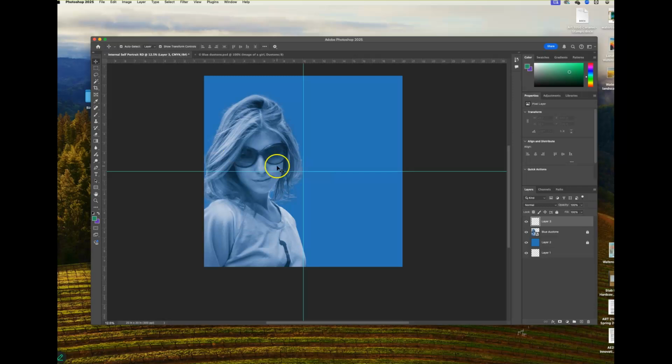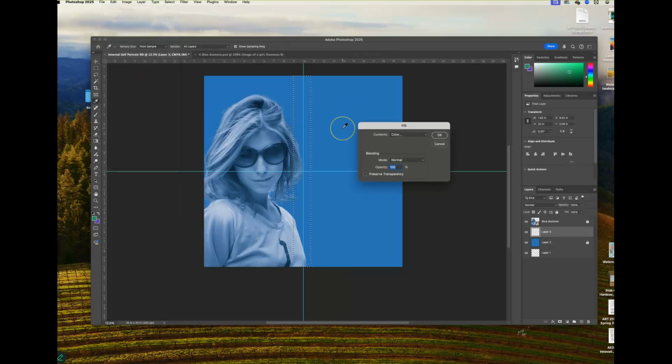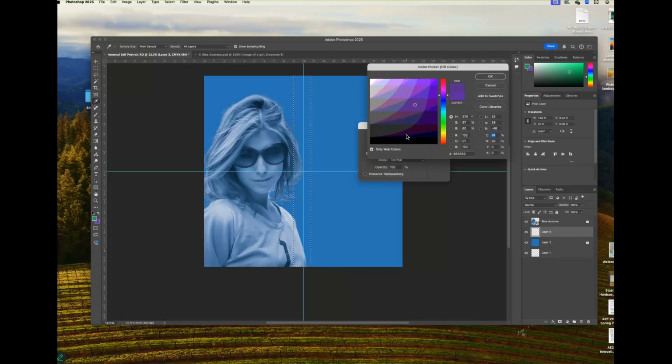Okay, so let's say I want to take this layer and drag it in between my color and my person. Now this is not transparent, so I can make things and fill them. So let's say I'm going to grab my rectangular tool here and I'm just going to make a shape. Okay, and I'm going to fill that. So I'm going to go to edit, fill again. And you'll notice that it still has that color hit. So if I double click on this and go to my color,